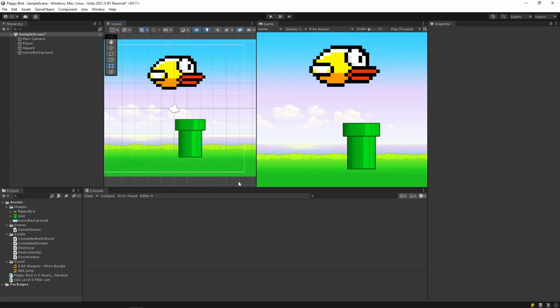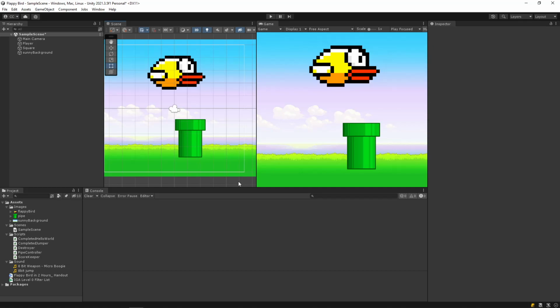So now I'm just going to resize these a little bit. We can do this very easily with our rect tool. If we hold down shift while Flappy Bird is selected, and we hold down on these blue circle things, we can drag that down and make Flappy Bird a bit smaller. Make him however big you want, however small you want. About that, I'll make him a little bit bigger.